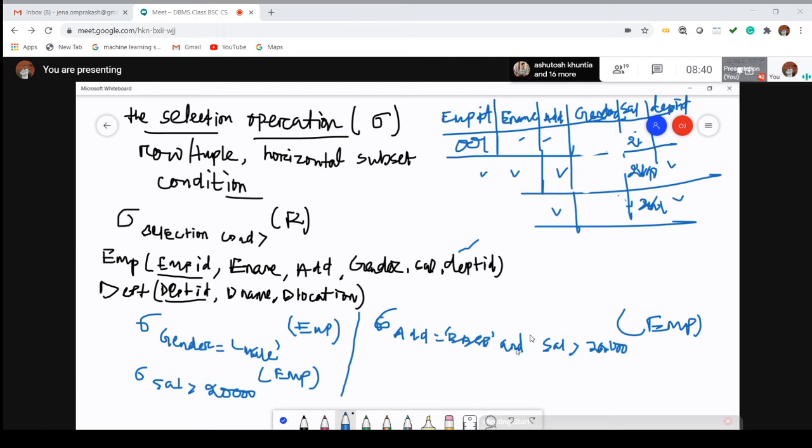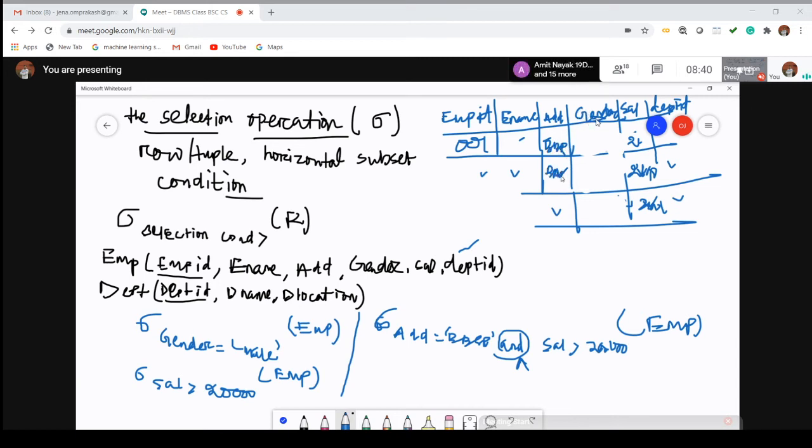Okay, so instead of this and you can use the symbol and like here. It will retrieve. Now tell me what is the output of this one? It will retrieve all those rows in which address equal to Bhubaneswar, both conditions should be satisfied.